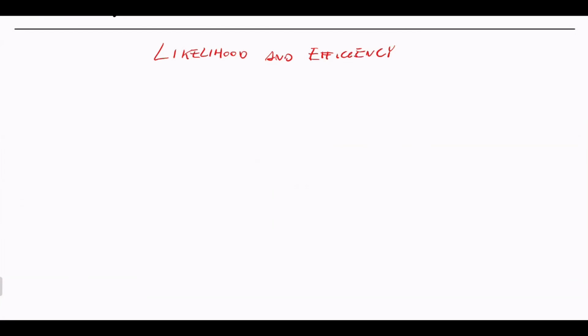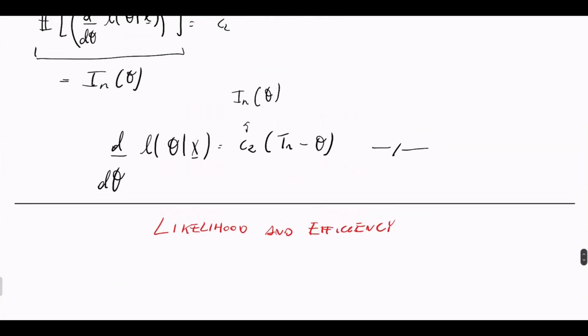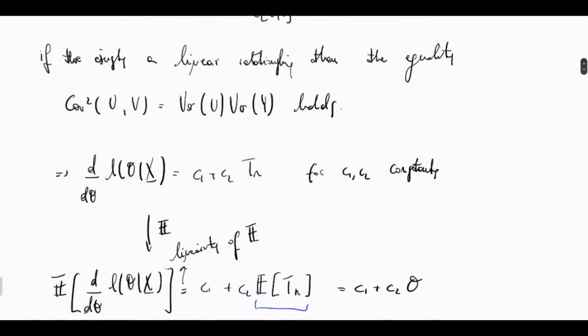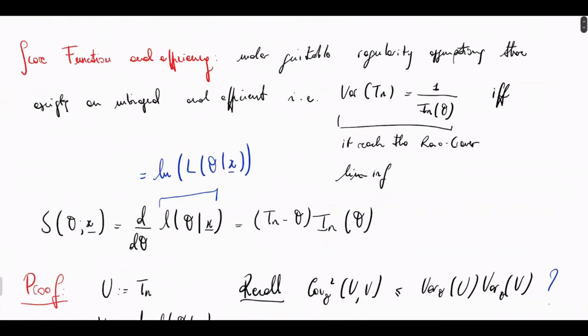Hello everyone. Today, as you can see, we're going to continue with our likelihood and efficiency journey. As I mentioned in the previous video on the channel, I'm still using the same file. We're going to talk about a very straightforward corollary to this one, where I remind you, we said that under suitable regularity assumptions, there exists an unbiased and efficient estimator Tn of our parameter theta if and only if